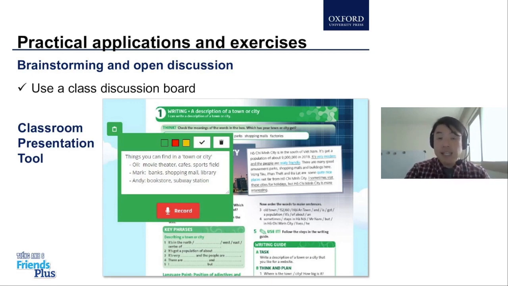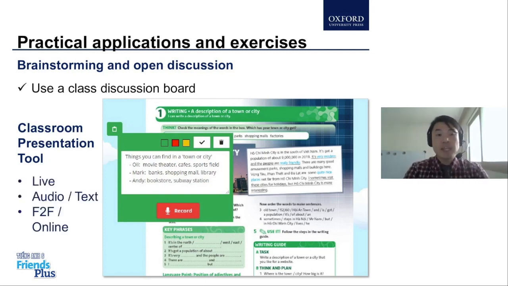Now, our CPT does a great job of allowing note-taking. So if you use our classroom presentation tool, one of our tools is going to be our notepad. And in the notepad, the teacher will do a screen share so all of our students can see. If you're doing face-to-face classrooms, it's in the classroom board. But if you're doing online classrooms, if you do screen share, you can type in the information and it's going to be a live